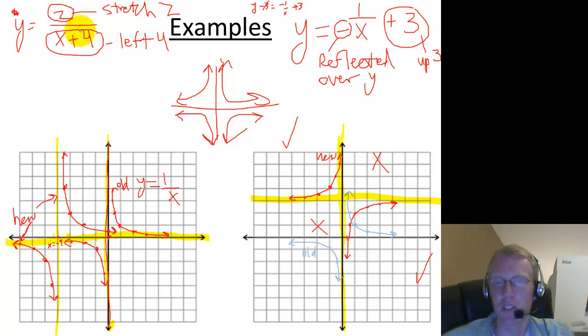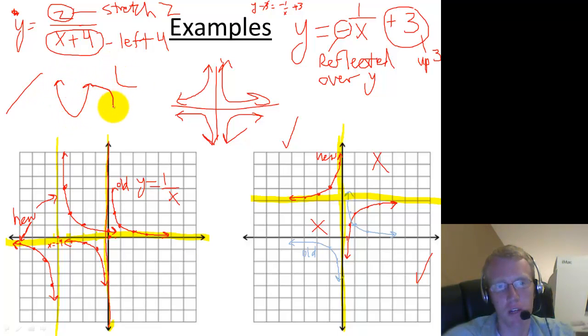You need to have those memorized so that as soon as you see this x plus 4, you know immediately it meant left 4. And you see this plus 3, you know immediately it meant up 3. The minus sign, you know it means reflected. Numerical coefficient here, you know it means stretched out, or if it was smaller than 1, it would mean shrunk. If you know all those things really, really well, then you can do all your graphs as either a straight line, a parabola, or this kind of inverse variation